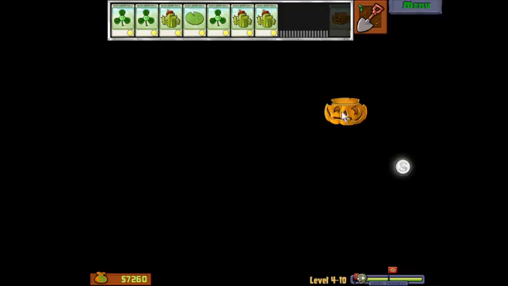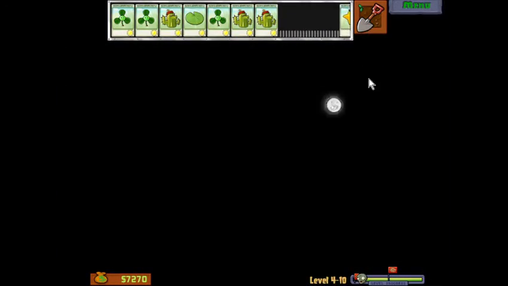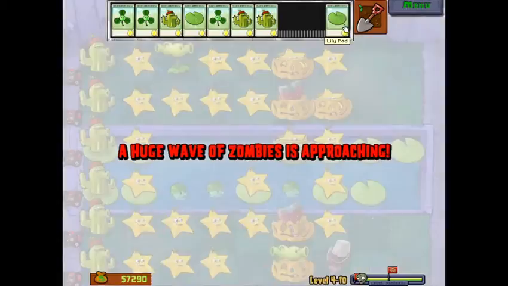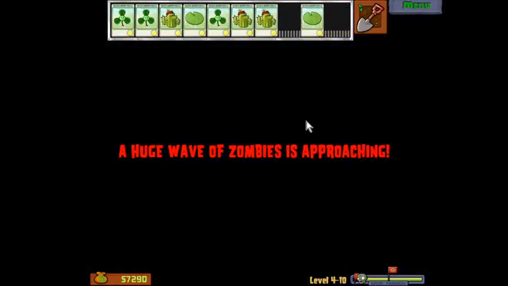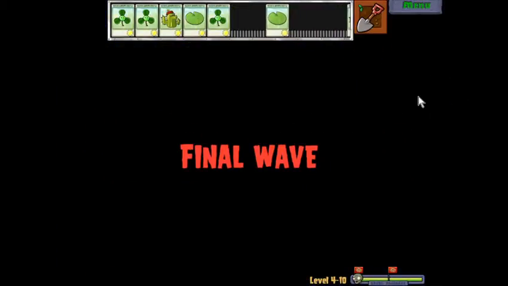And if you ever needed any sort of guidance for how to complete this, you just prep for each lane in the beginning, because they'll just throw out weak things like conehead zombies and regular zombies. And then when the going gets tough, or the going gets rough, I don't know what the saying is, but when the going gets going,